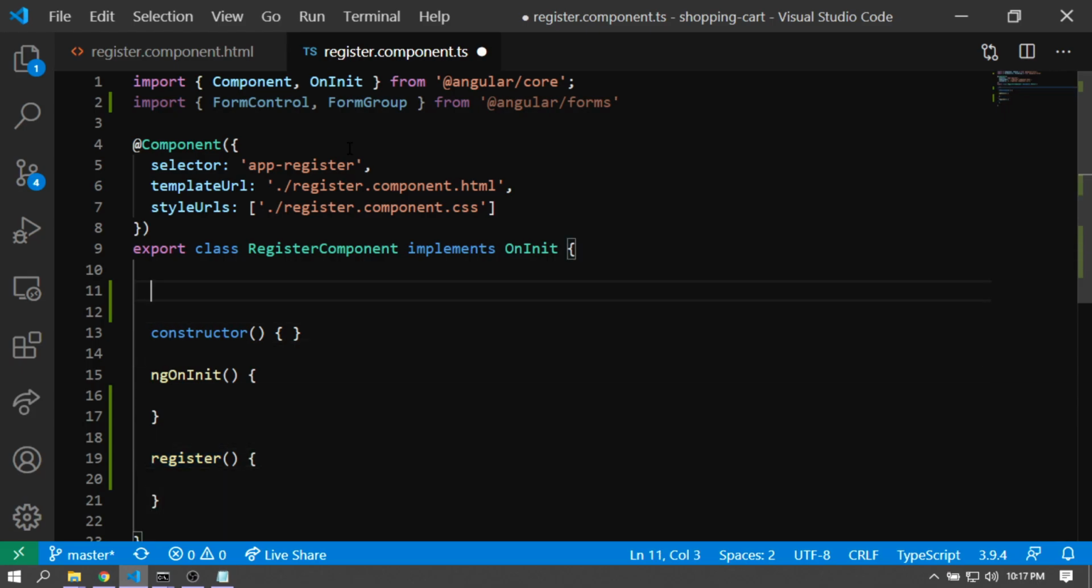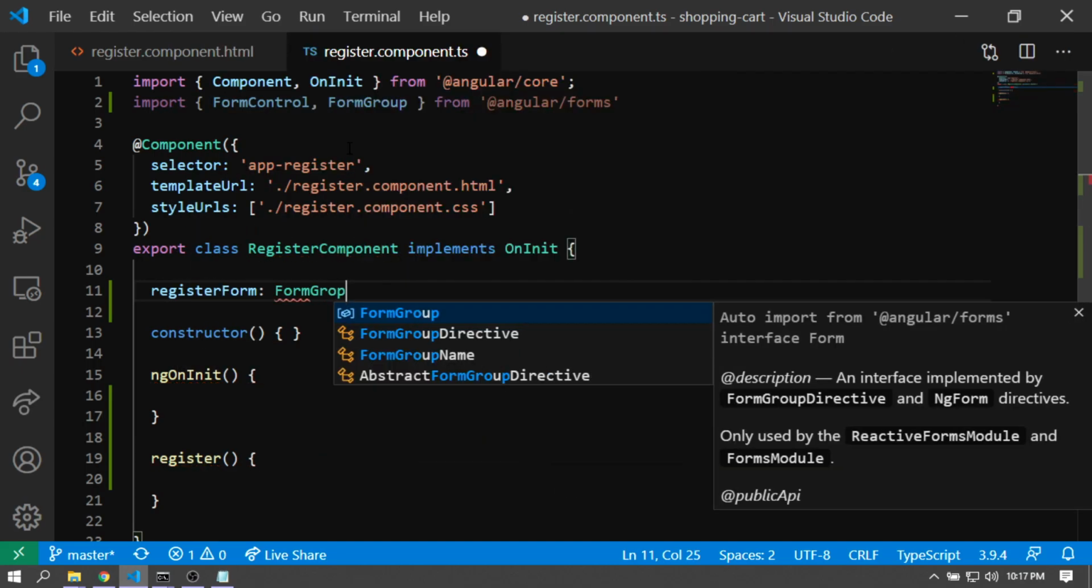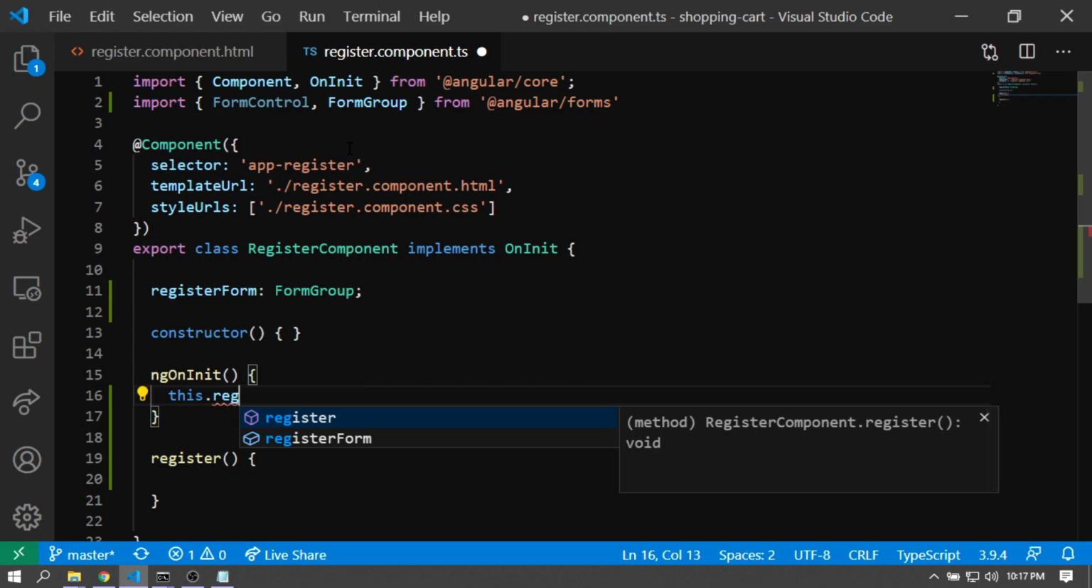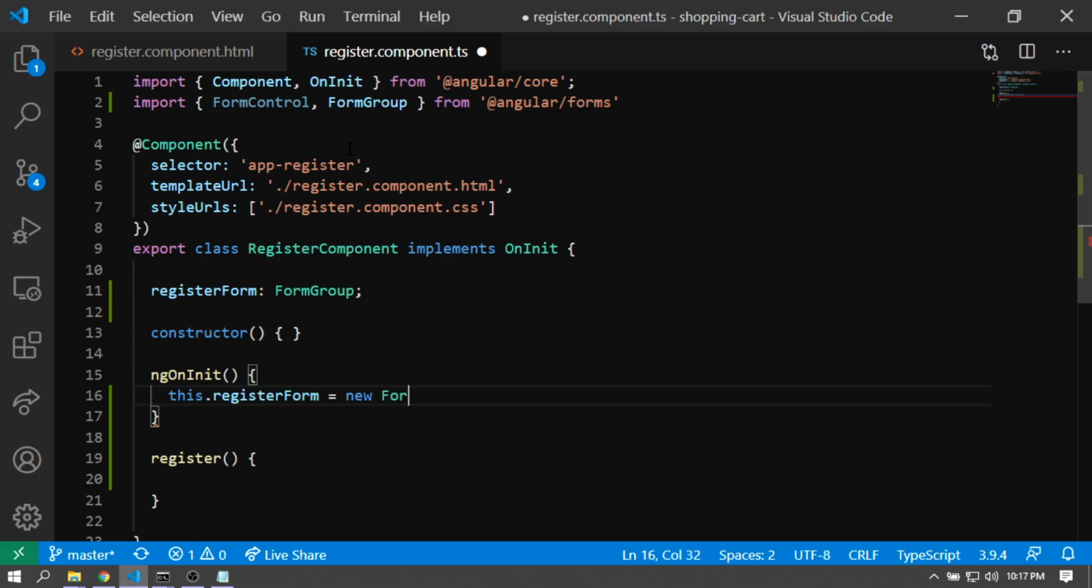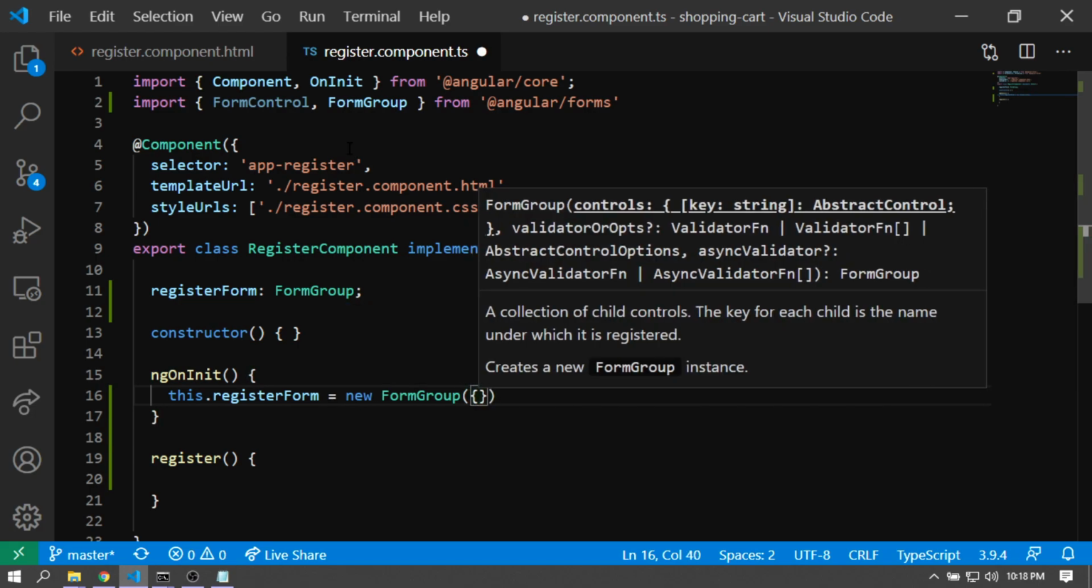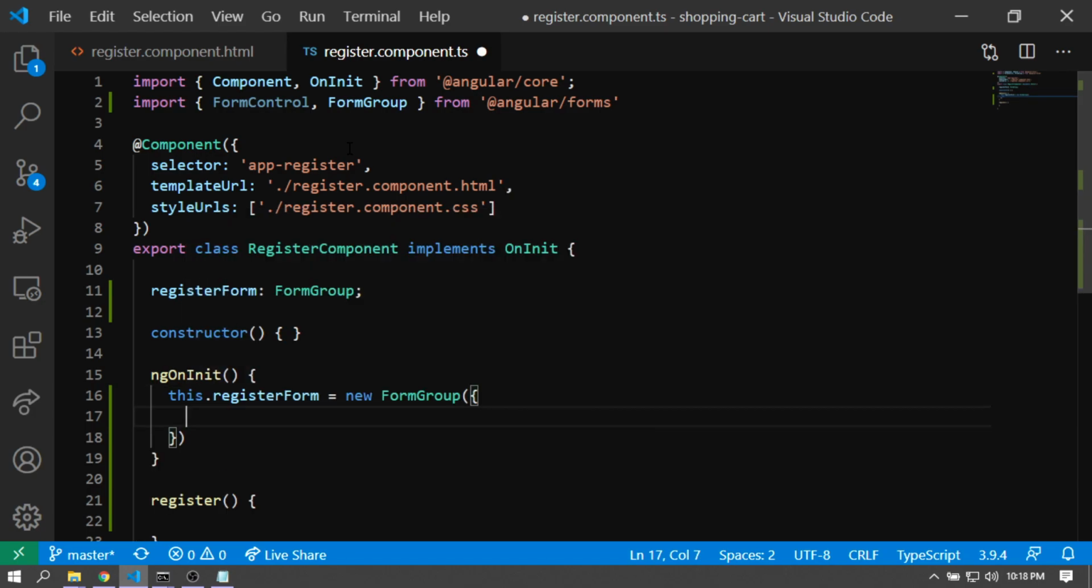What I can do instead is go for registerForm to be FormGroup. In the ngOnInit, I can build my form. So it'll be something like this.registerForm is equal to new FormGroup. The FormGroup would accept an object, and the object basically would be a key value pair, of which the key would represent the control name and the value would be a form control generated by the new keyword. So it'll be something like name is new FormControl,